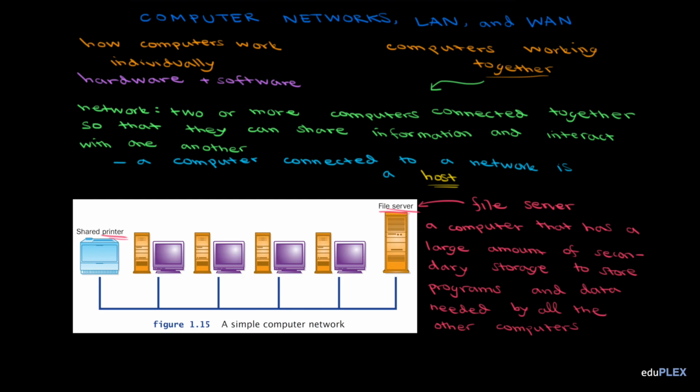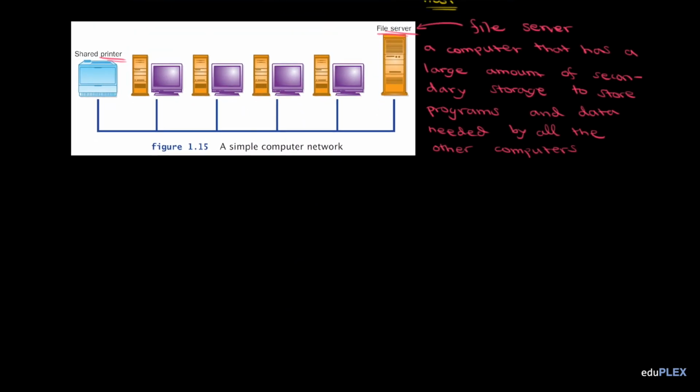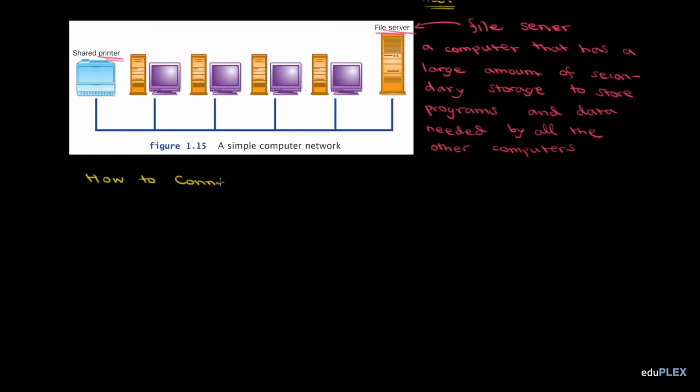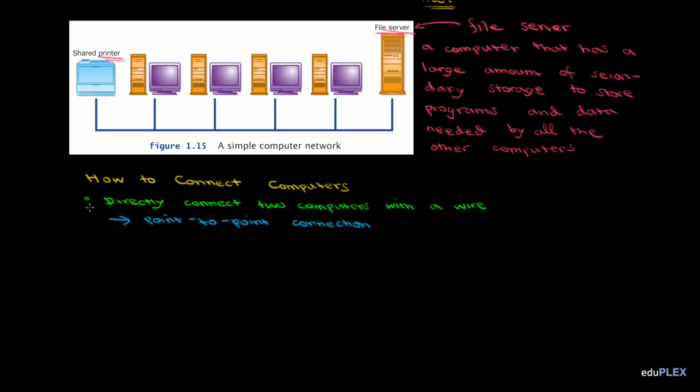Okay, but how exactly are we connecting the computers? Let's put this office aside just for a second and think even more simply. How do we connect just two computers? Well, your first instinct might be just to directly connect two computers with a wire. We can sort of picture that as plugging your phone into your laptop with a USB cable. At that point, the two computers communicate just like the bus wires communicate inside of a single computer. This is called a point-to-point connection, and it works for two computers that are physically close to one another, but